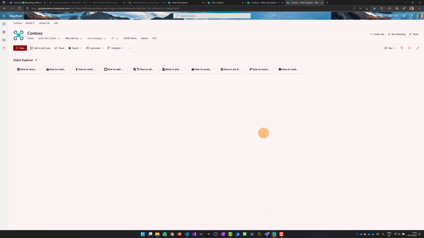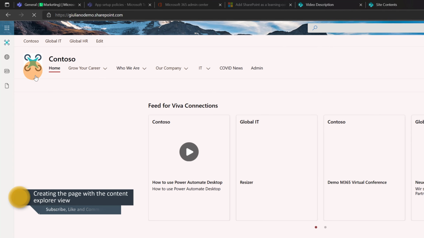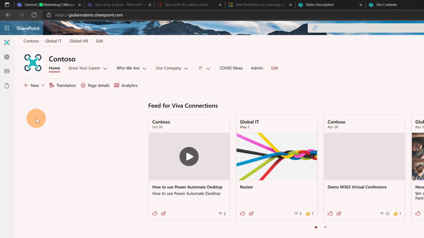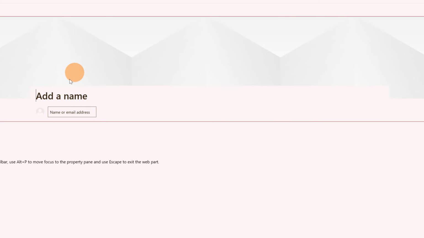This second view is properly formatted and created. It's time now to create a new SharePoint page. And in order to do that, I will jump back to the home site. Then I will click on the new button. I will click on page, and I will start from scratch, blank. Let me create. I'm going to assign a title to this page,